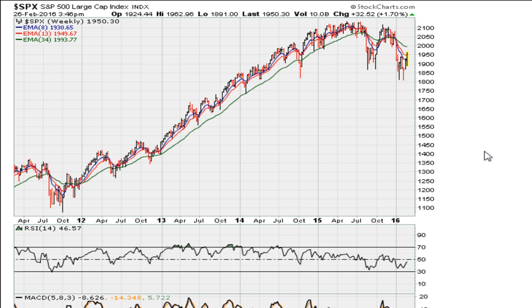5-year weekly S&P 500. We made lower lows on the weekly price, but the RSI made a nice positive divergence, which might explain why we've been up the last 2 weeks. That's good action. Also, if you go back to this entry here, this entry of this nice move in 2011,